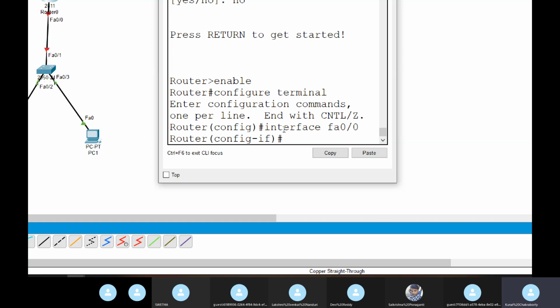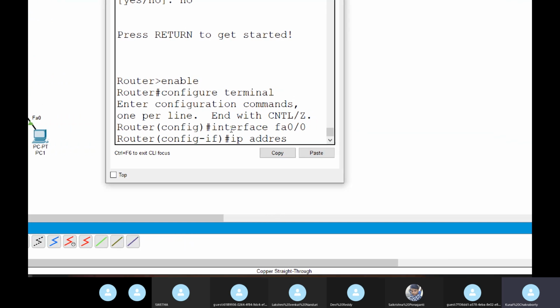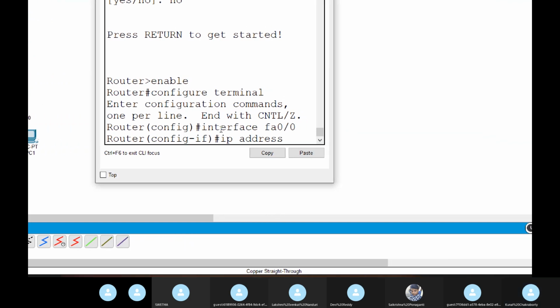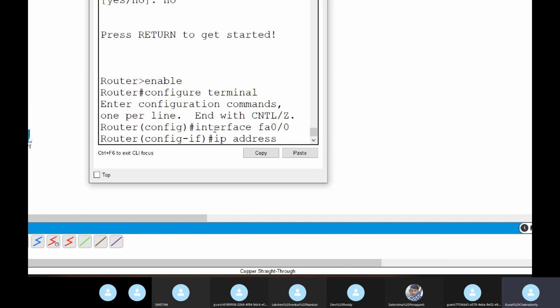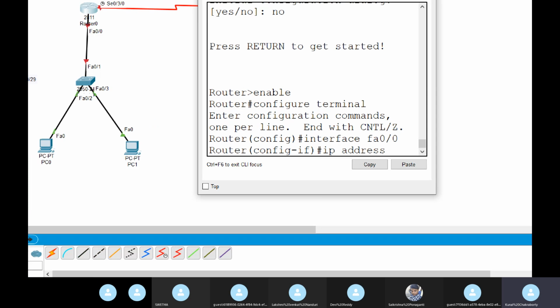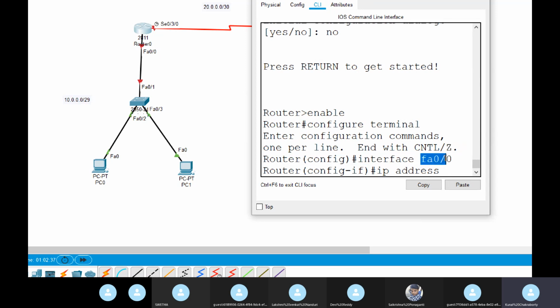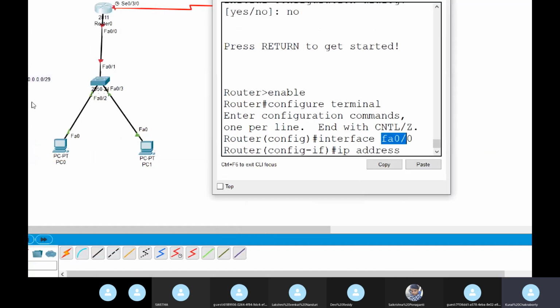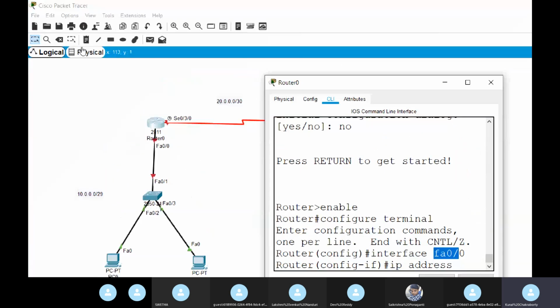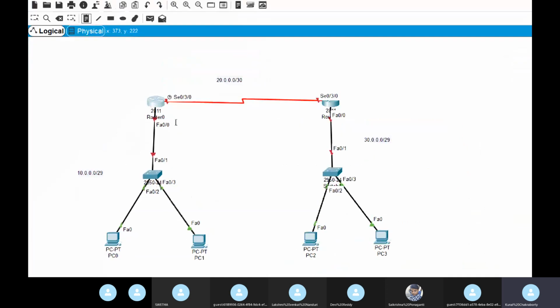Now assign the IP, normal IP address, not serial. We first go to internal FA0/0. No, FA0/0 you have to type. If you go inside that, then inside you have to assign IPs like this. I will just mention the IPs here.